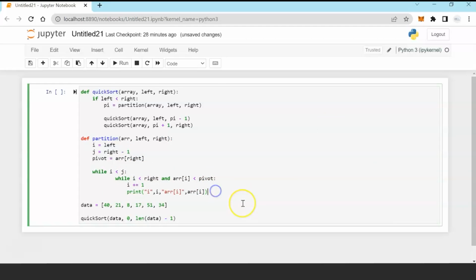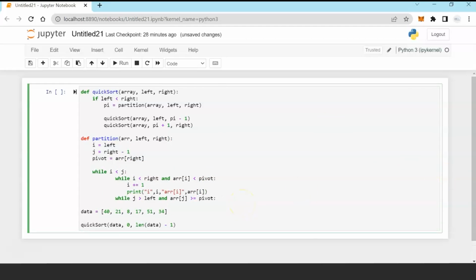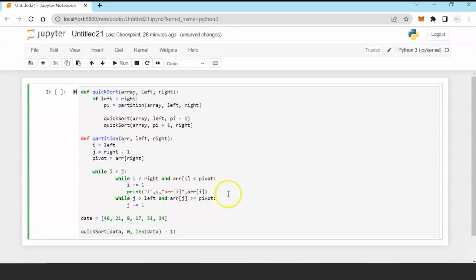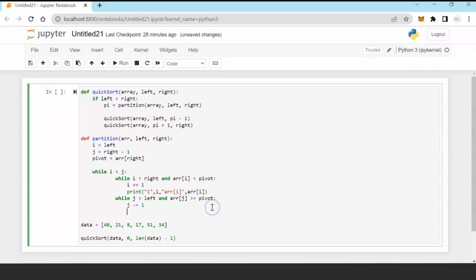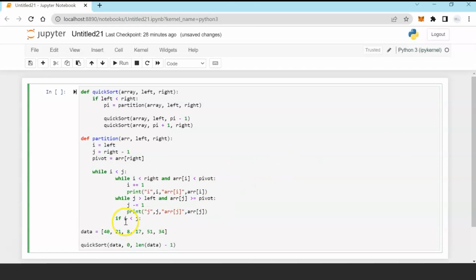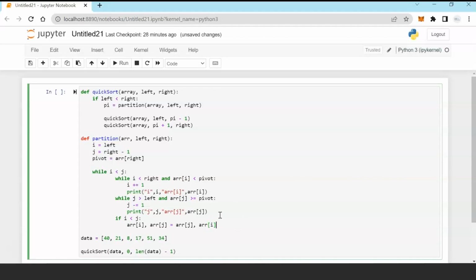Similarly, I will move my j iterator from right to left, checking that the element at the j pointer is greater than the pivot, because I have to create my right sub array. Now I am checking if my i index is less than j, correct? Then I'll swap the elements,